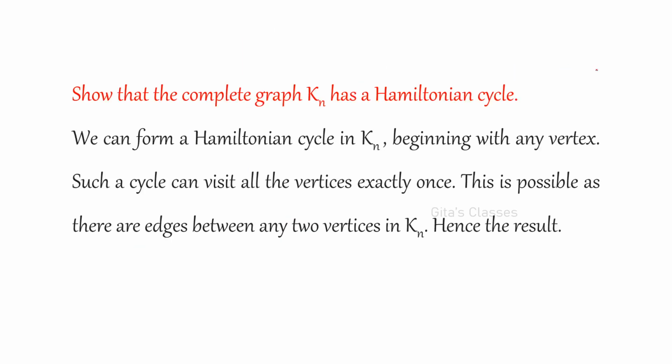And we have one more important proof, a problem you can expect. Show that the complete graph Kn has a Hamiltonian cycle. Okay. So we can prove that. Kn means what? Suppose you have K4, every vertex will have n minus 1 neighbours. Degree of every vertex is n minus 1. So if it is K4, this is an example of K4, every vertex will have degree 3. So for this you can check whether it is a Hamiltonian graph or not.